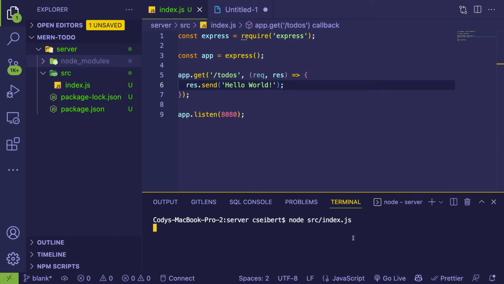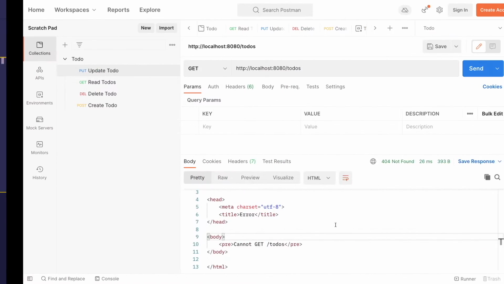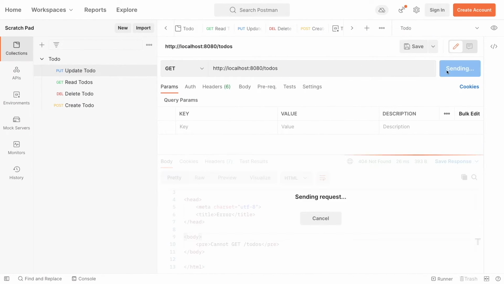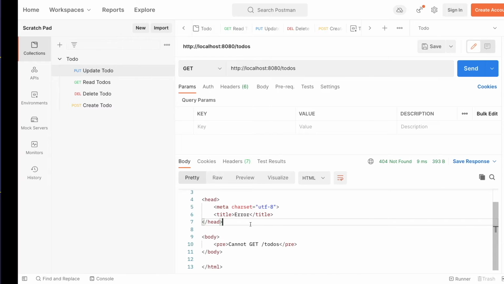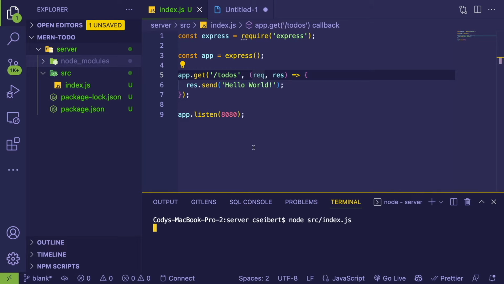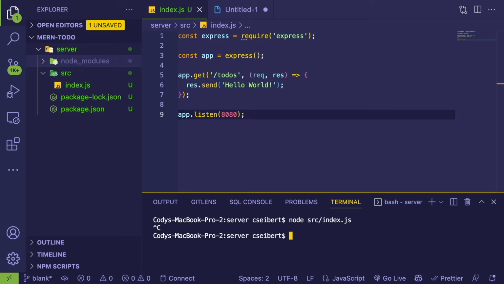Now there's one issue. When I save this file, it doesn't actually restart the web server. So if I go back and do this request, it's still going to fail because we haven't restarted our server and the changes haven't really been included. So you have to stop this with Command C or Control C and then rerun it. But you'll notice that this becomes really tedious because you have to keep on restarting your server every time you